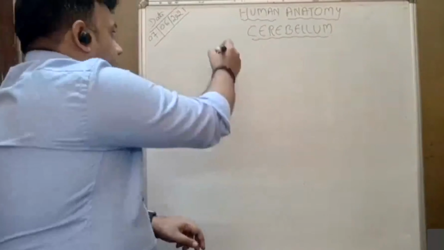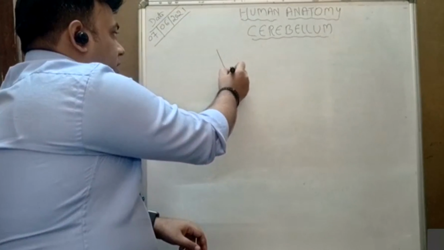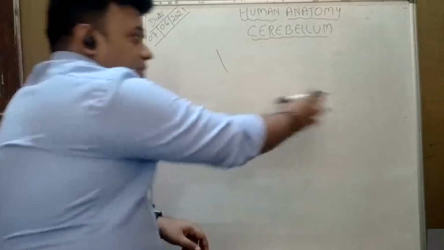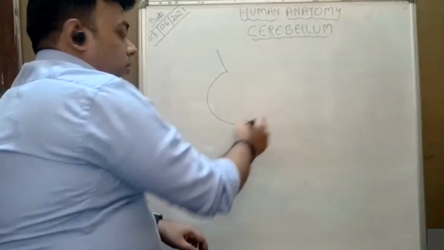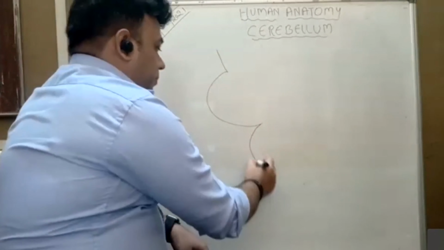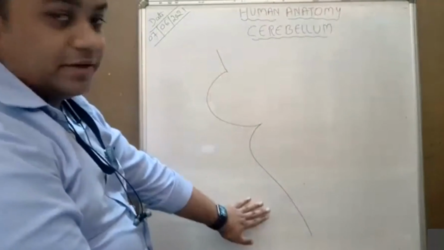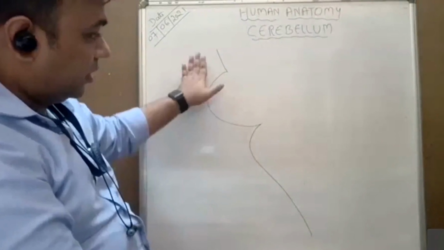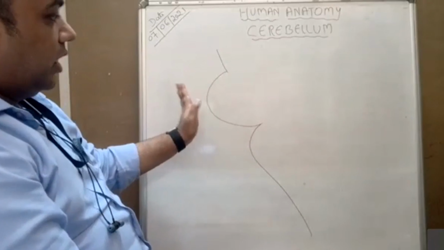So see, this is the part of the midbrain. So this will be the anterior and this will be the posterior aspect. This is the pons and then medulla oblongata. Okay? So they are inclined. These three structures of the brain stem are inclined toward the anterolateral wall, or anterior wall, of the posterior cranial fossa.